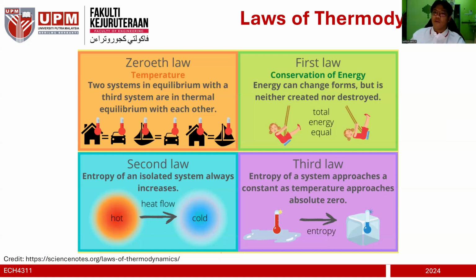And then you have the second law of thermodynamics. Basically it talks about the irreversibility of the process. Entropy of an isolated system always increases. But in the context of this class, it's very important for you to remember that, because we deal with heat exchange networks later on, that heat cannot be transferred from a low temperature to a high temperature unless you add work.